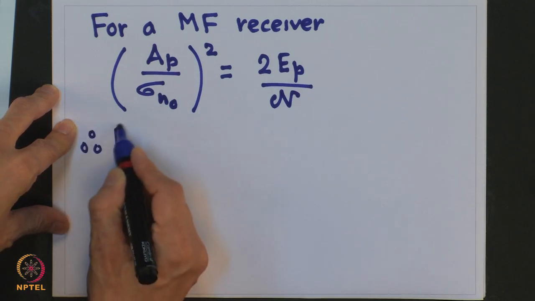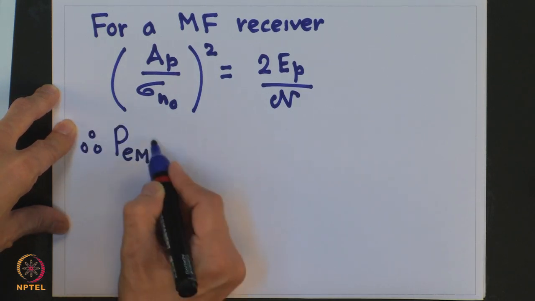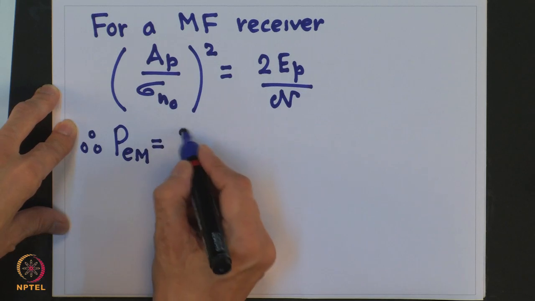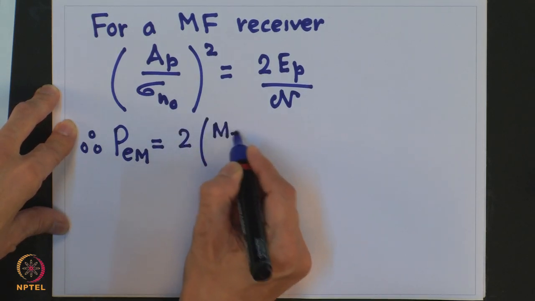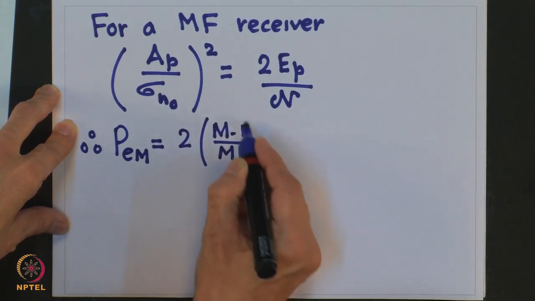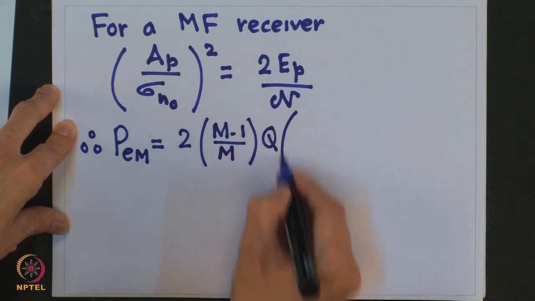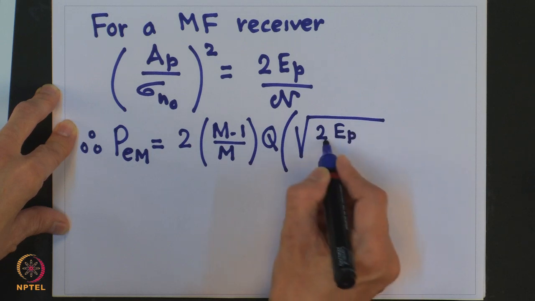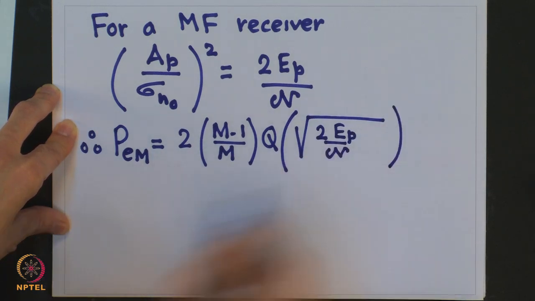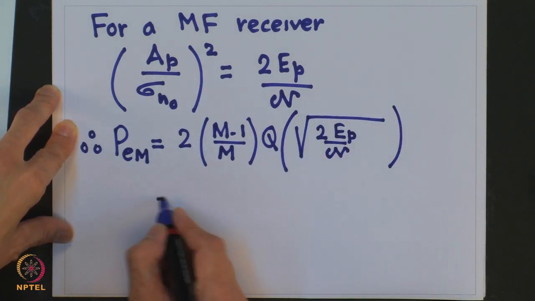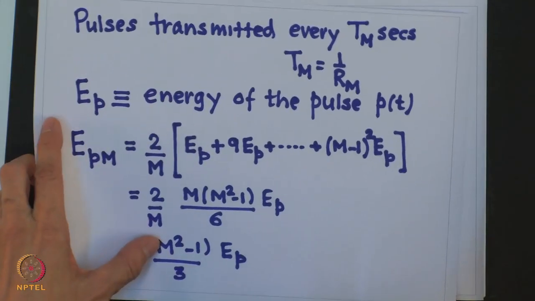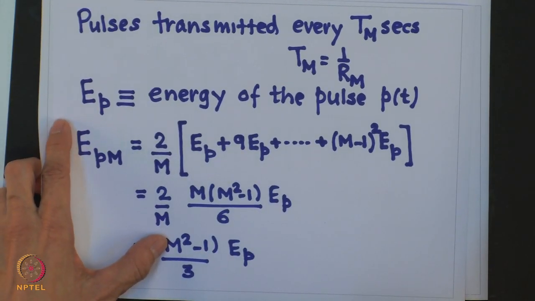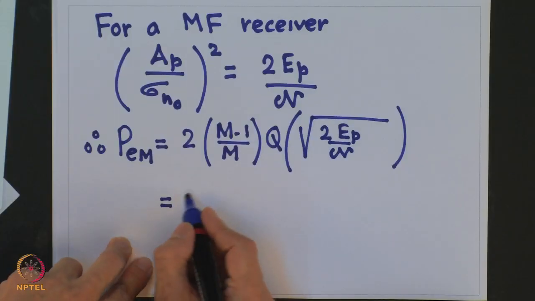Using this relationship, we get the probability of symbol error to be, using this relationship for the average energy and the energy of the pulse, we can rewrite this as